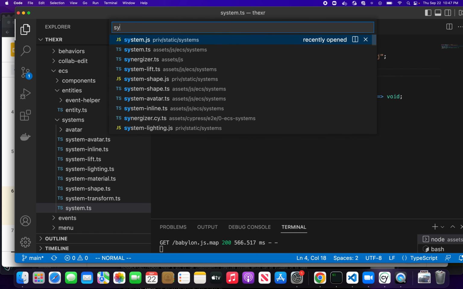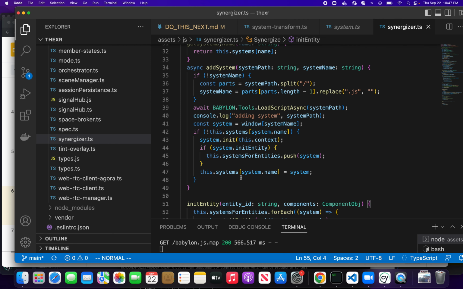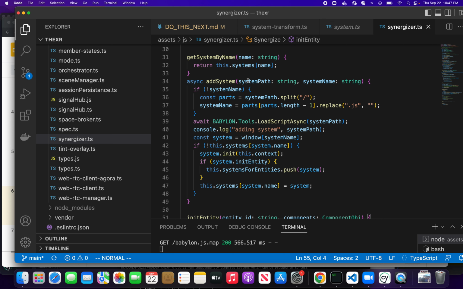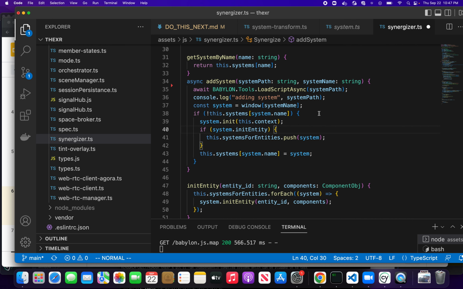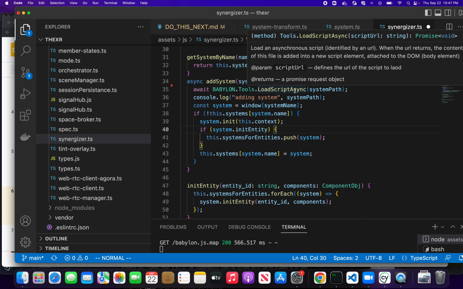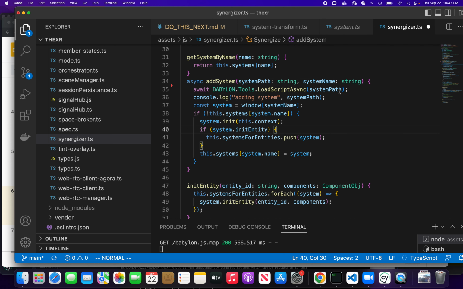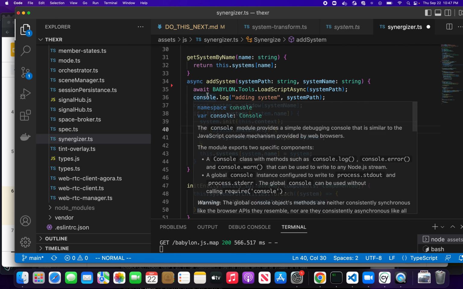So the Synthesizer has this add system function that takes the path of the file and then the name of the file. I suppose it always needs the name, so I don't really need this part. Then we will use this load script async, which takes the file at this path and inserts a script tag into the DOM. So then it will load that script,